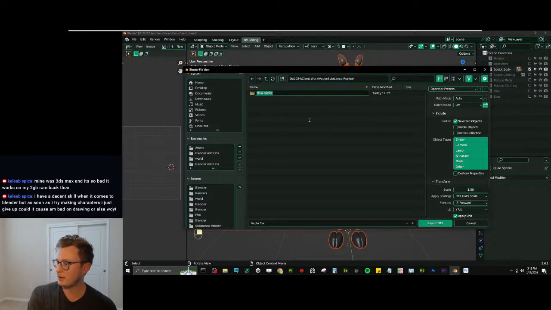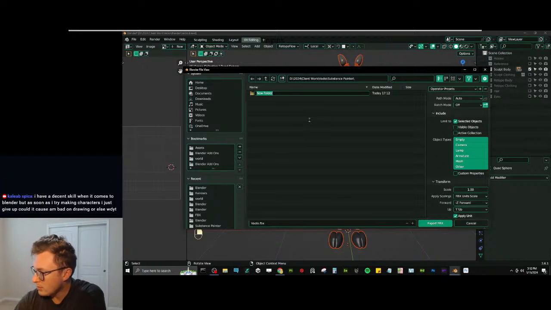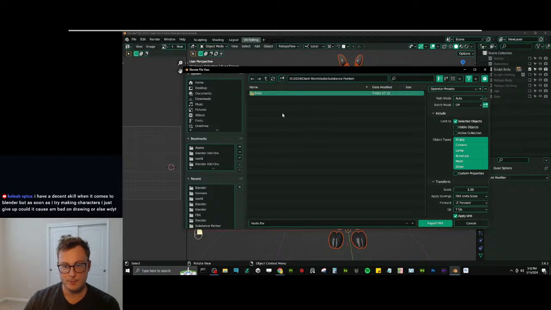I have a decent skill when it comes to Blender, but as soon as I try making characters, I just give up. Could it be because I'm bad at drawing, or else? What? I'm not sure. What do I think? Substance Painter body. I think that